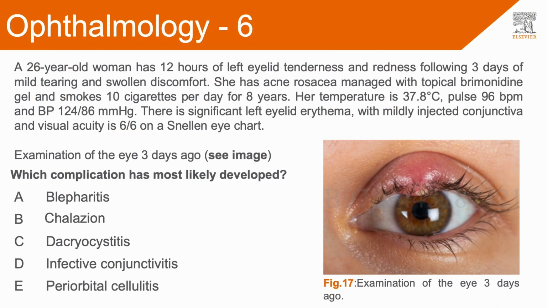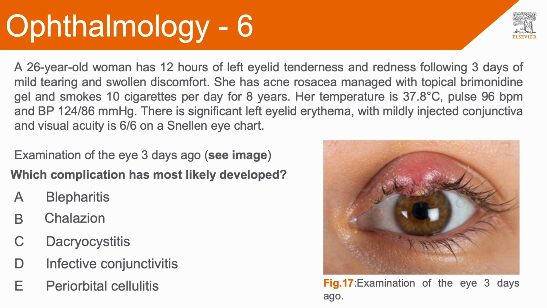A 26-year-old woman has 12 hours of left eyelid tenderness and redness following 3 days of mild tearing and swelling discomfort. She has acne rosacea, managed with topical brimonidine gel, and smokes 10 cigarettes per day for 8 years. Her temperature is 37.8 degrees Celsius, pulse 96 beats per minute, and blood pressure